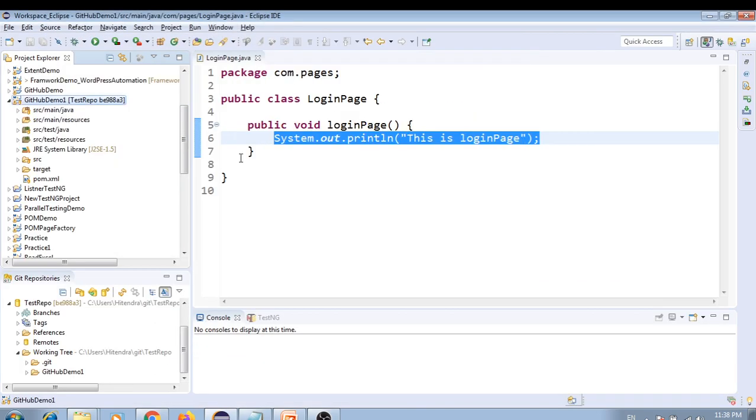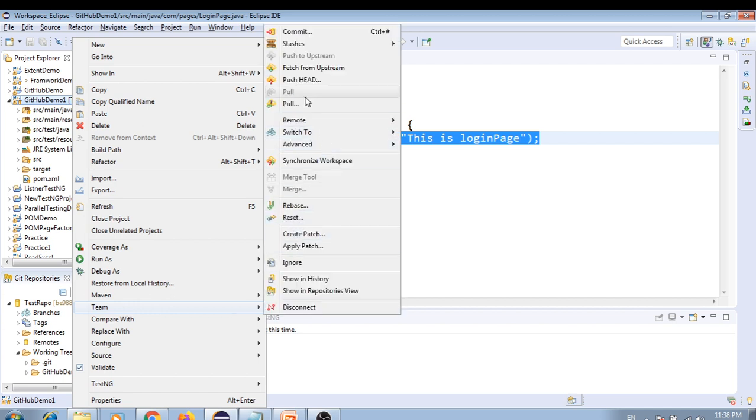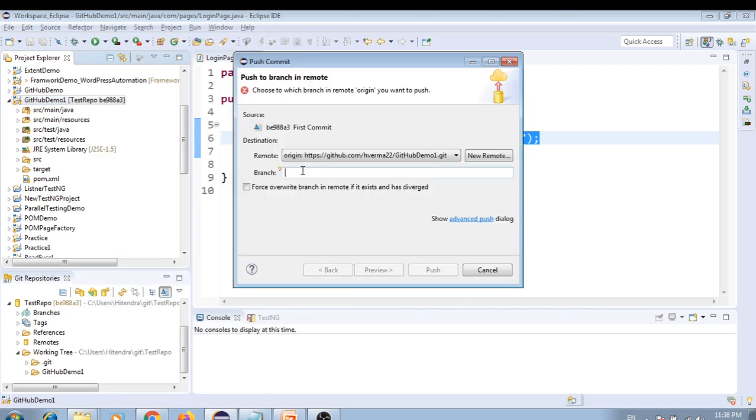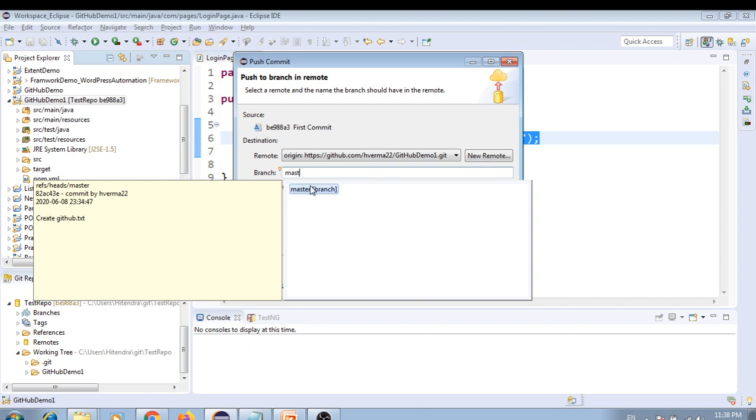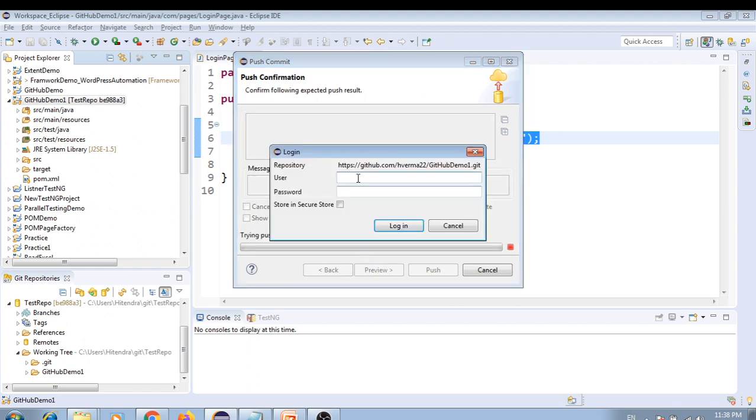So how do we do that? Simply right click the project, go to Team, and choose Push Head, and here I'll write master because we are pushing to the master branch only. Select that master branch, click force overwrite, then preview, and here we need to give the credentials and login.